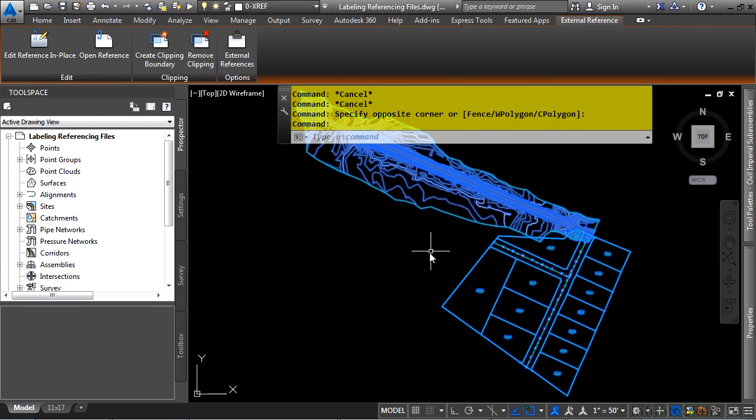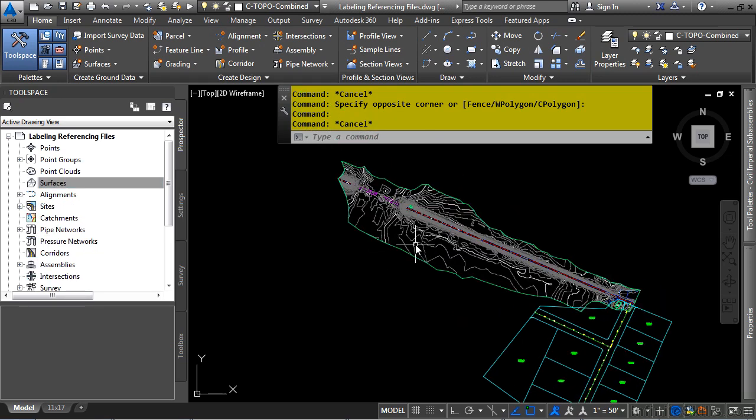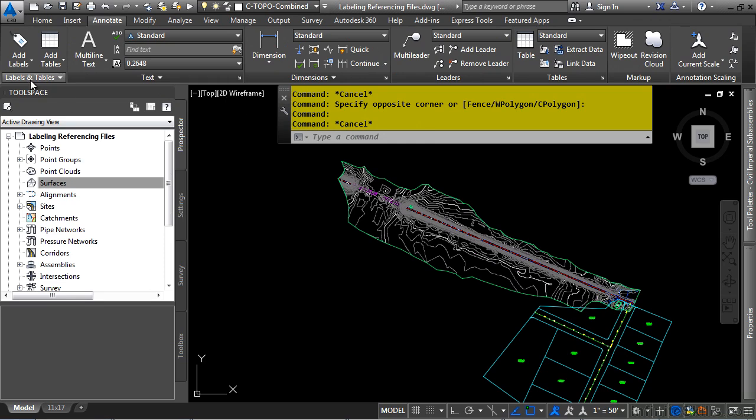If I select this object, you'll notice that it's a reference file. In this file, there's a surface and some parcels and alignments. If you look in our Prospector tab, you'll notice there are no surfaces in this file, nor are there any alignments as well. What's great about this functionality is that you can go to the Annotate tab, Labels and Tables